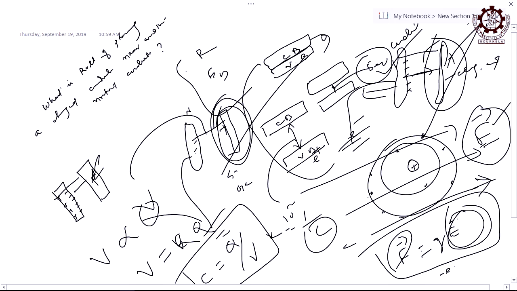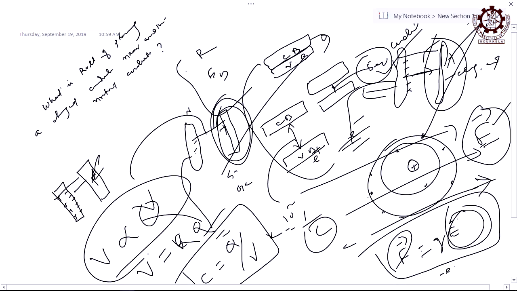Capacity of any arrangement is nothing but equal to Q by V. Now, you define what you mean by capacity. How can you define the capacity? Capacity of a conductor, let us say, because you are adding charge, potential will change. It is obvious, right. When you are adding charge to a conductor, its potential will go on changing. If addition, enhance; if subtraction, reduce, because it is proportional. If Q is more, potential is more; if Q is less, potential is less. That is why you are writing V is proportional to Q, right.